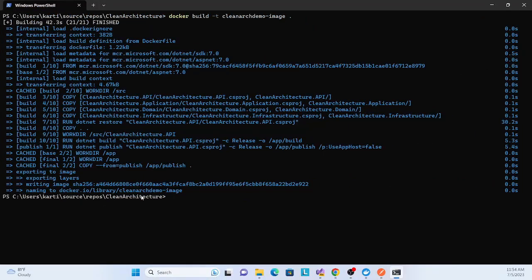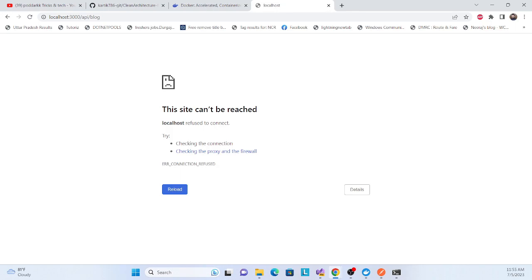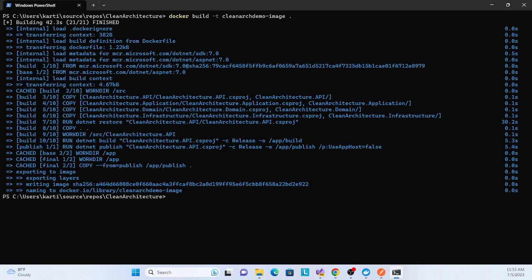Now run another command, which creates a container and listens on the port so our application runs. It is the docker run command.